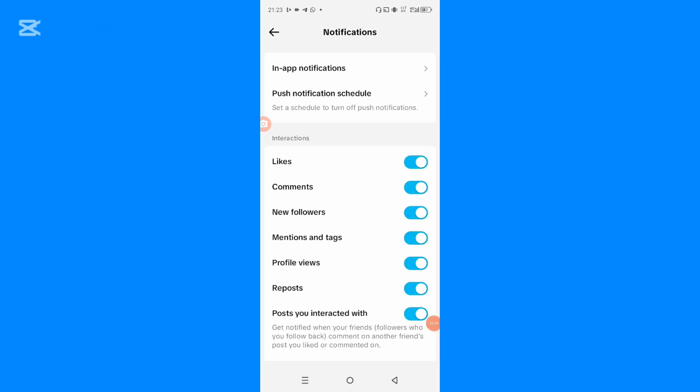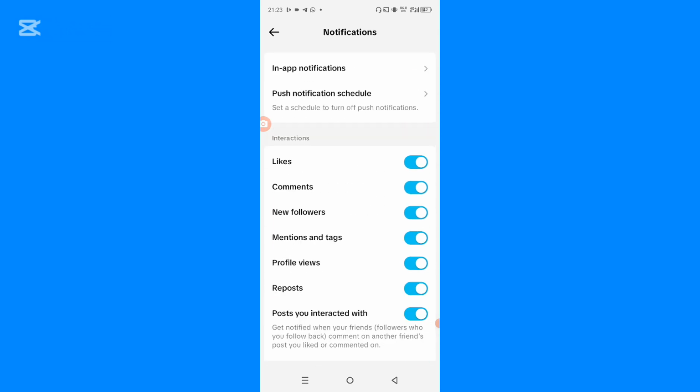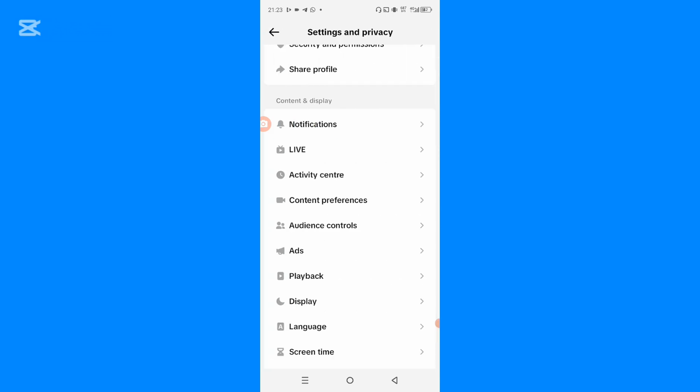So make sure that all your notification toggles are turned on. Make sure they are turned on. And if you still have a problem with the repost option, what you have to do is to go out from your notification,